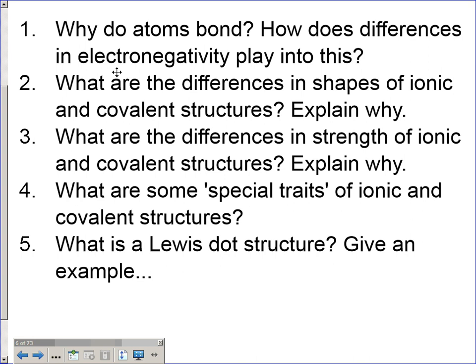It says here that covalent structures aren't strong enough to transfer electrons, that's why they share the atom. And then ionic structures are strong enough to pass